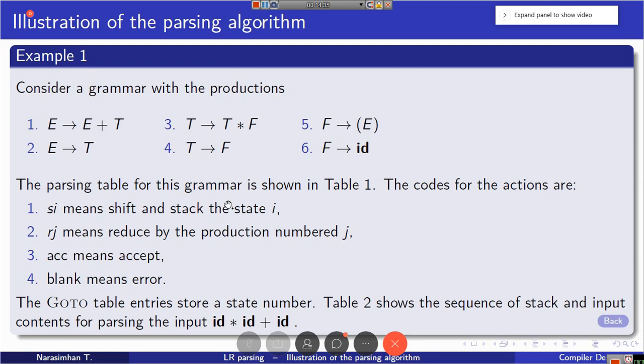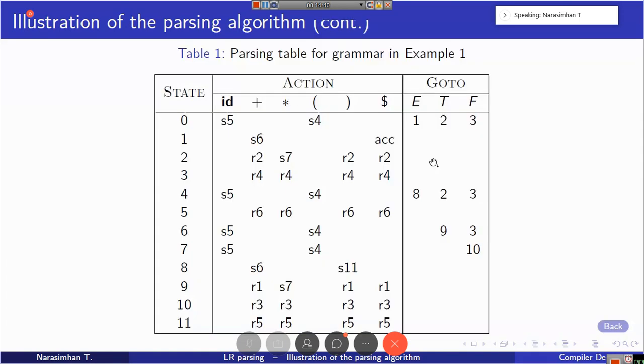Typically, you will be using the parsing table. Let us see what this parsing table is. So this is the parsing table. As I told earlier, the parsing table has 2 parts. One is known as the action part, the other one is known as the goto part. The action part specifies what action is to be taken. You have the combination of state symbol and input symbol, and for this combination, the actions to be performed are specified in the action part. As I told earlier, the goto part just specifies the state number. It is just denoting the transition table of the finite state automaton.